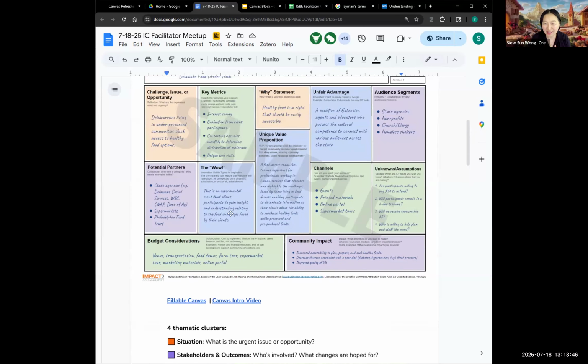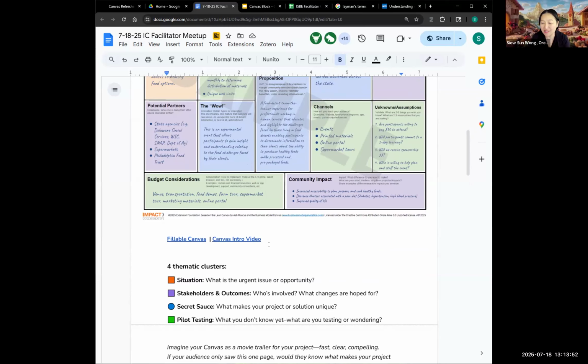The red, or sort of orange, whatever color appears on your screen, is the situation. What is the urgent issue or opportunity? Molly and I were just starting to talk about how the SNAP-Ed program is being affected in all of our states. So this is urgent, and what opportunity do we see? That's the red box here.